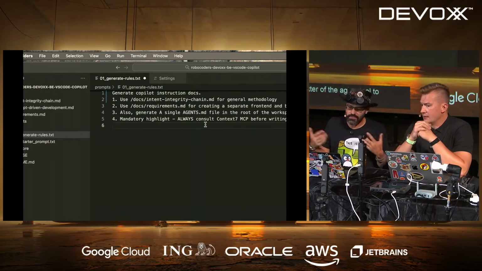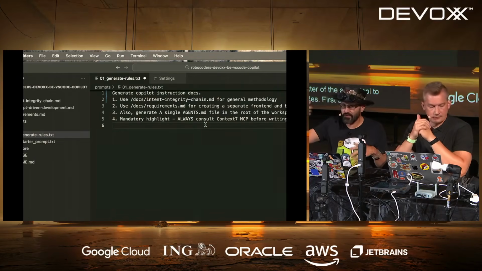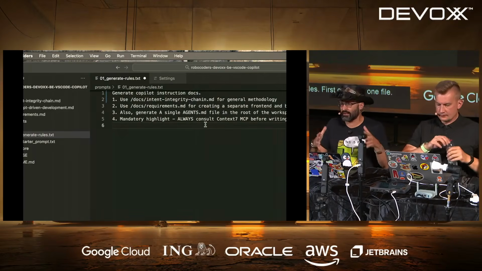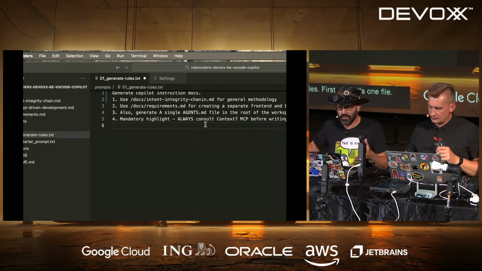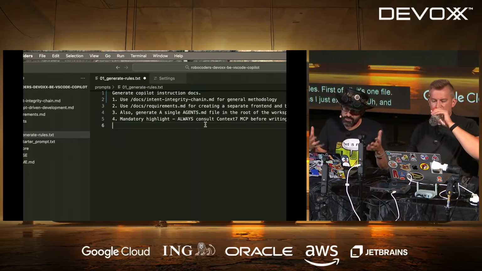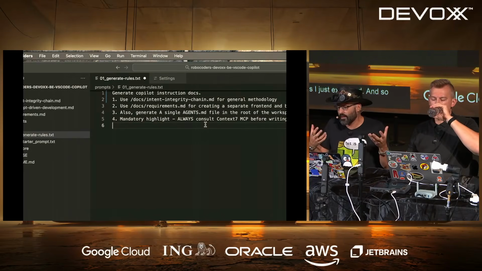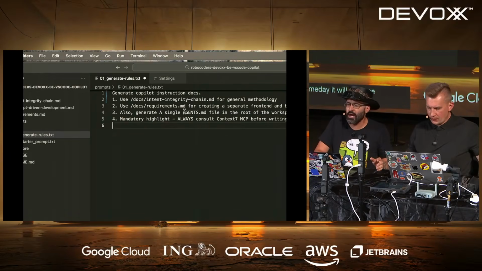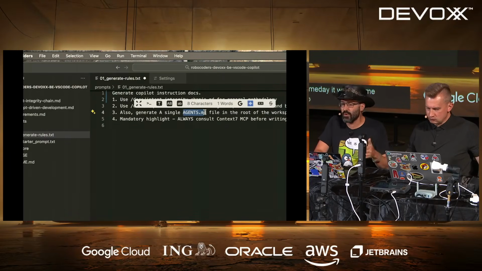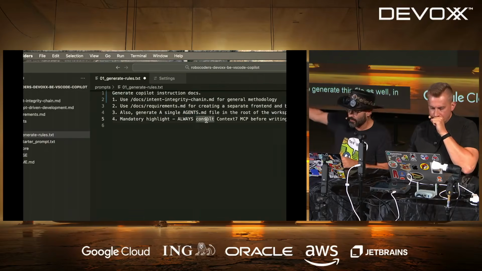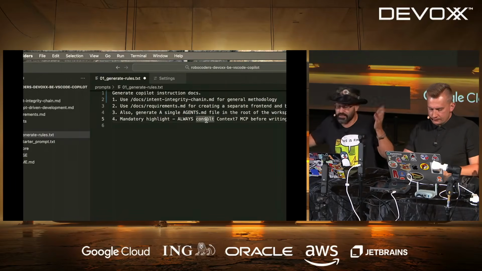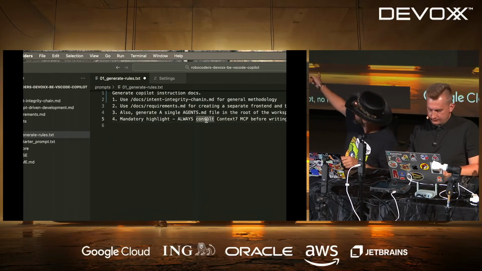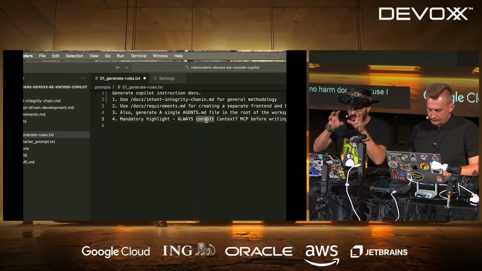There are some downsides. First of all, it's one file, while now every tool can have multiple files, as I just explained. So that kind of limits it. But maybe someday it will become standard. It will be nice. For now, I just ask it to generate this file as well, in case my current tool, which is Visual Studio, understands it. If not, no harm done, because I also ask for Copilot instructions, which I know will work.